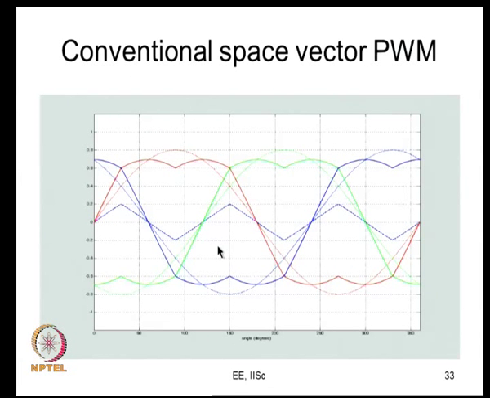Then we are considering conventional space vector PWM. This is again a continuous PWM method where this is the R phase sinusoidal modulating signal and you are adding a common mode to all 3 of them. So, your R phase modulating signal actually becomes something like this, and such 3 phase signals are compared with the triangular carrier, and this will give you equal division of null vector time. So, whatever time for which the 0 vector is applied, both the 0 states will be applied for equal durations of time, as I have mentioned on a number of occasions before.